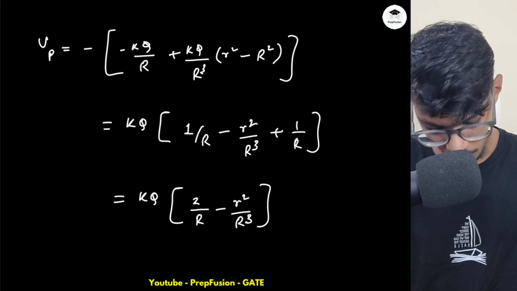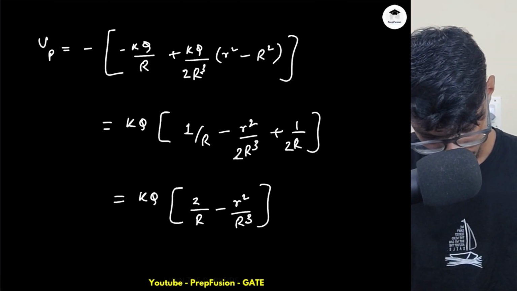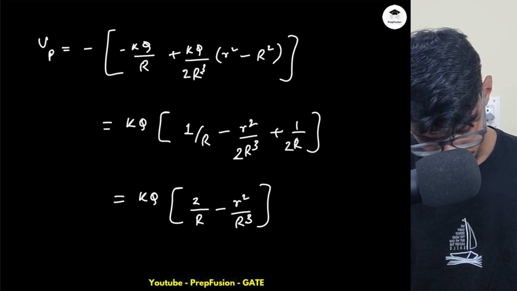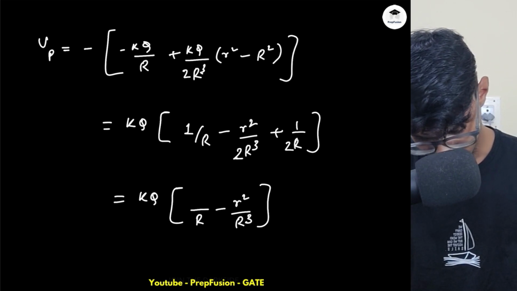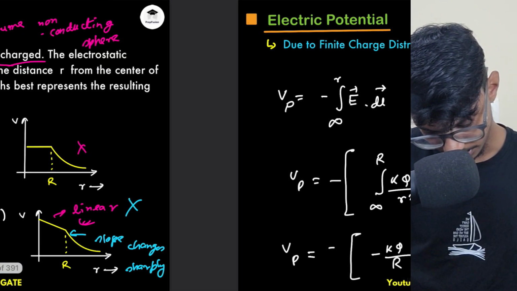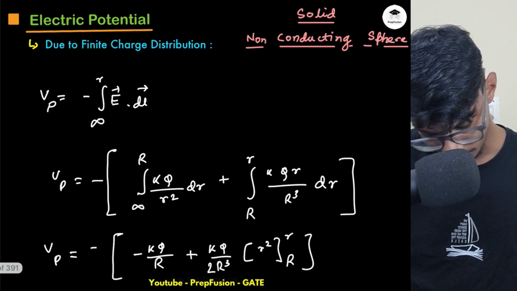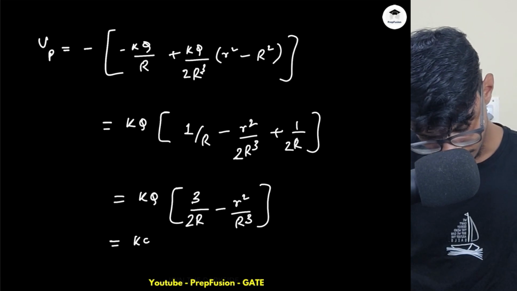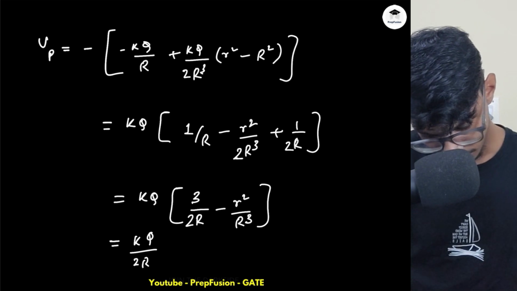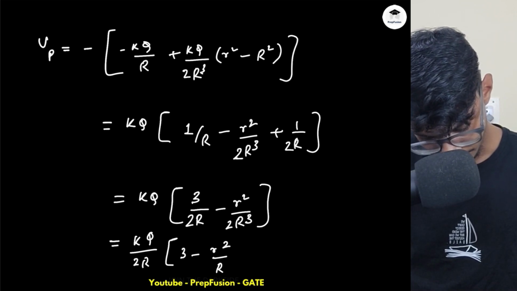Yeah, sorry, actually I missed the 2 here, right? If you observe, this was actually 2, so I missed the 2. This should be 2, this should also be 2, and if this is 2, this will become 3 by 2r. If I take 3 by 2r common, they have done the same thing only. Oh, okay, they have just taken 1 by 2r common. If I take 1 by 2r common, this will be kq by 2r. Okay, just hold on. Yeah, this should also be 2, right? So this will be 3 minus r square by capital R square,